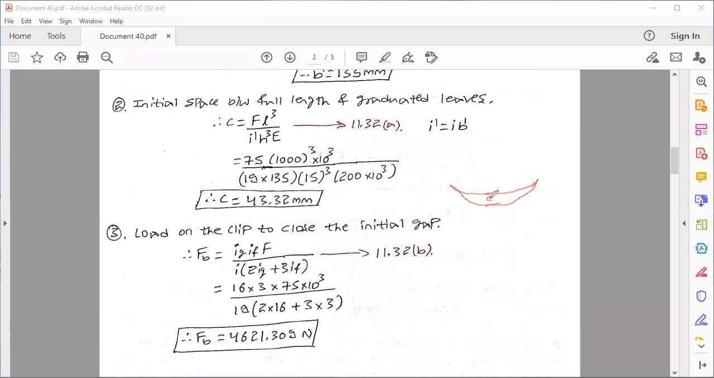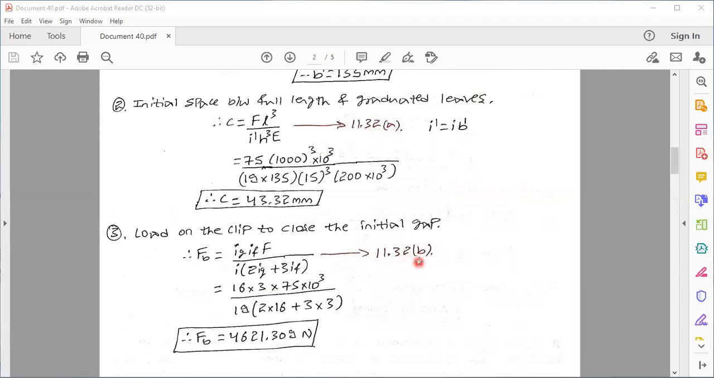If you see the laminated leaves, this is before assembling, a gap will be there. After assembling, you can see that there will be no gap left between the full length leaves and the graduated leaves. Now how much load has to be applied such that this gap has to be closed? You have calculated the gap. Now I'm going to calculate the load